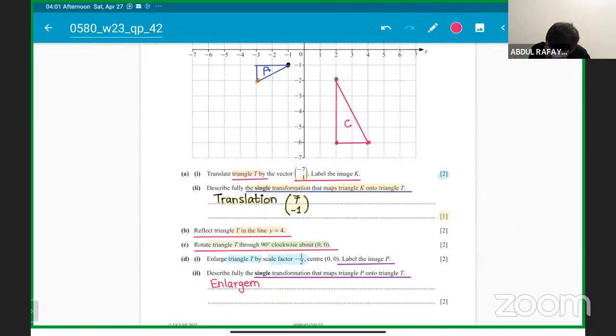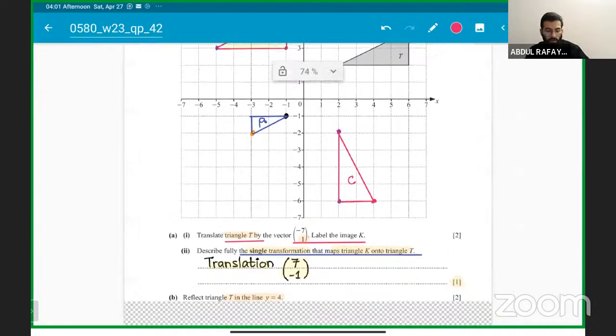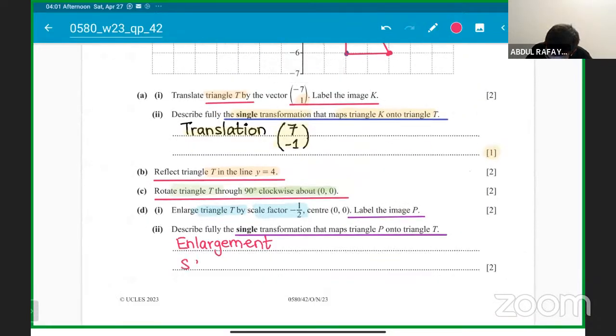स्मॉल शेप से वो बिग शेप बन रहा है, सो इनलार्जमेंट हो जाएगा। We have to map triangle P onto triangle T. और फिर क्या हो जाएगा कि सर ये स्केल फैक्टर हो जाएगा, क्योंकि शेप चेंज हो रहा है, तो स्केल फैक्टर हो जाएगा डबल। तो it will be scale factor of -2। ओके स्टूडेंट, स्केल फैक्टर -2 आ गया। और हमारा सेंटर क्या होगा स्टूडेंट? सेंटर तो सेम ही रहेगा, that is (0, 0)।